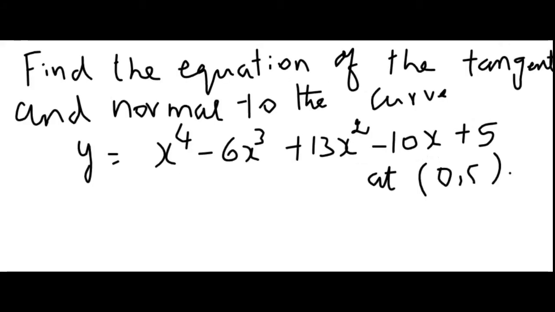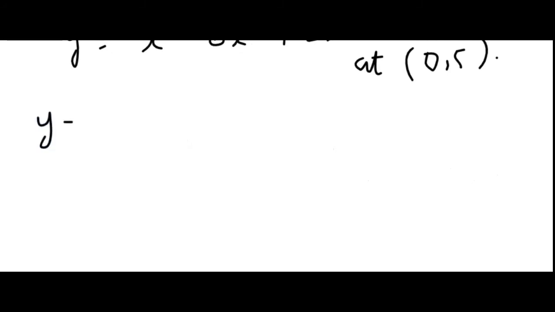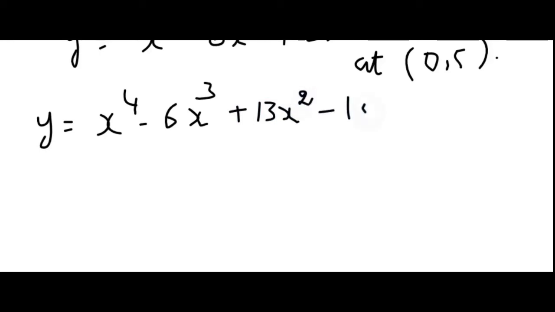Now let us do another problem related to this. Find the equation of the tangent and normal to the curve y is equal to x power 4 minus 6x cubed plus 13x squared minus 10x plus 5 at the point 0, 5. Now, the given curve is y is equal to x power 4 minus 6x cubed plus 13x squared minus 10x plus 5. Let us find out dy by dx, which is the slope of the tangent,